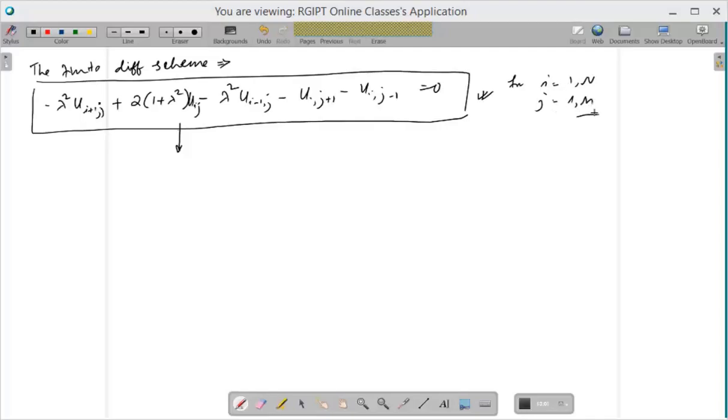All right. So there will be m times n such equations, right? So there will be mn equations. The total number of equations will be m times n. For each pair of i and j, I will be having one such equation. And for each ij pair, okay, you can see that if you have